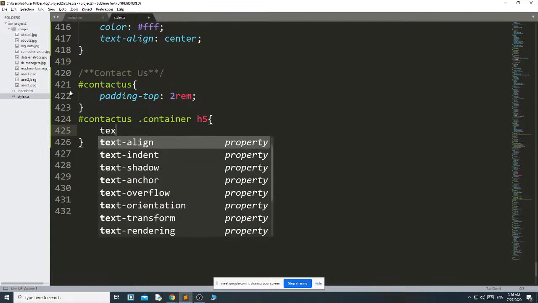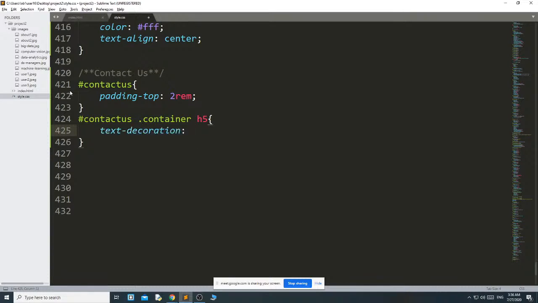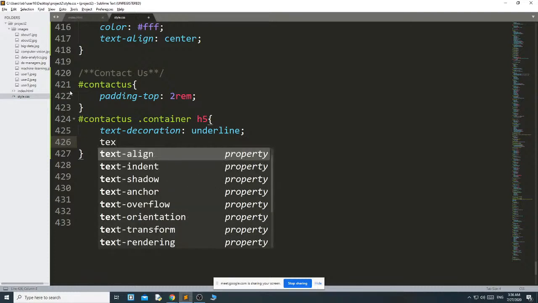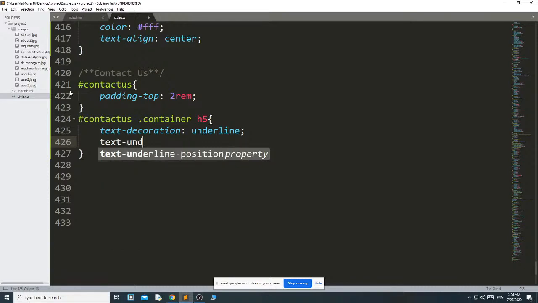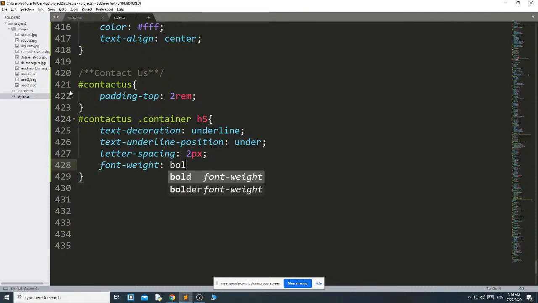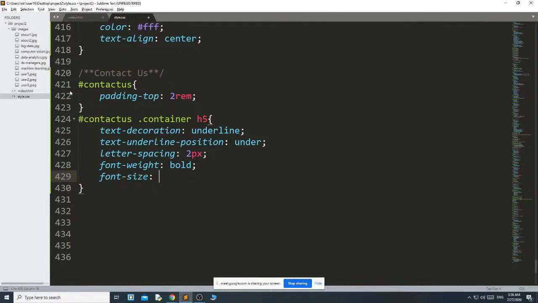Here I have used text decoration. We have already used this thing a lot of times, so now you are comfortable with what I am doing. Okay, text underline position under, then letter spacing 2 pixel, then font weight bold, then font size 2 rem.